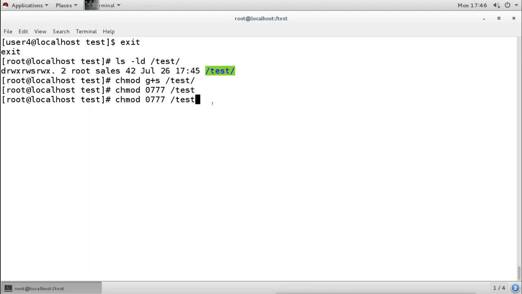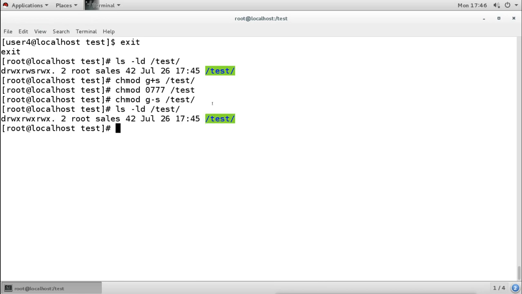or symbolically we'll do minus, and this will remove the SGID. And now again we will see X here. Now one more thing, sometimes you will see a capital S. If you have the execute permission, you will see a small s.